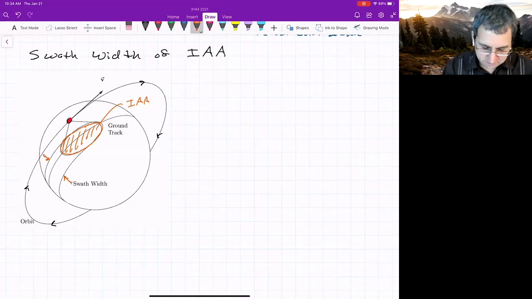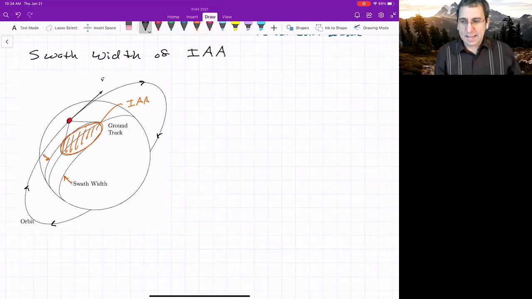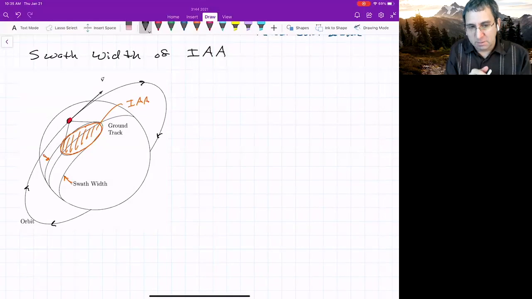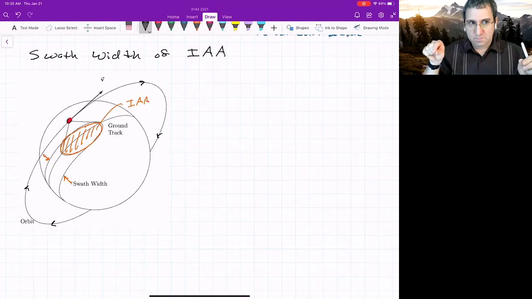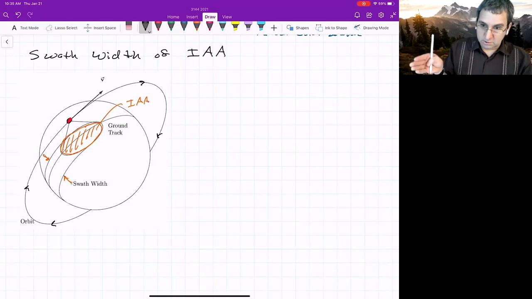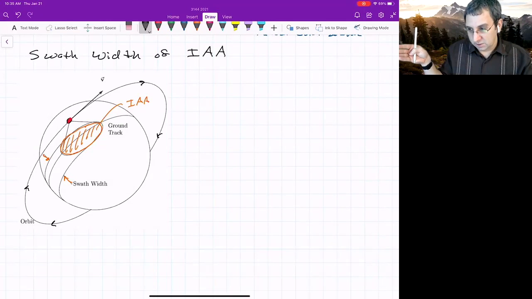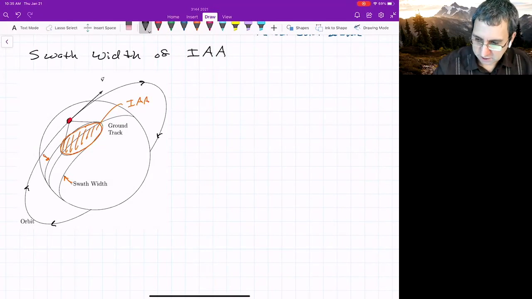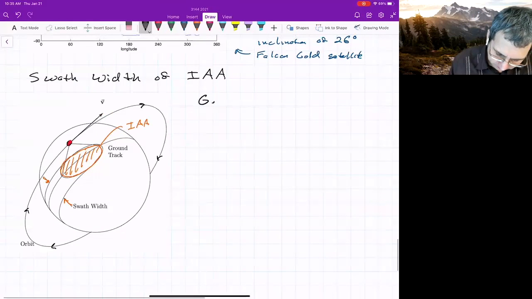As I said before, it's written in terms of either the angle or linear distance. So for an angle, we might say it could see 30 degrees. Often though, people want to think in terms of the actual distance along the ground, not straight line distance, right? The Earth is curved. So the distance along the ground could be 1,000 kilometers, 2,000 kilometers. And of course, that'll depend on the height. If we look more carefully at the geometry of Earth viewing,